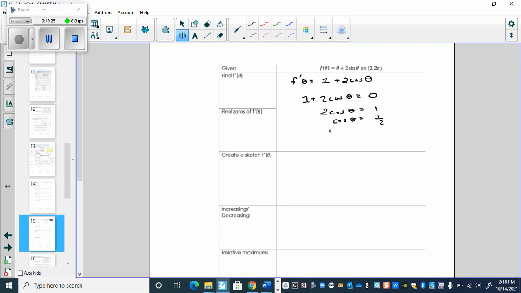Wow. So taking the inverse of both sides, right? This goes away, and theta has to equal, between 0 and 2 pi, you will have two answers here. So the first one I'm going to go with is the easy one, and that's going to be pi over 3. And since it's between 0 and 2 pi,